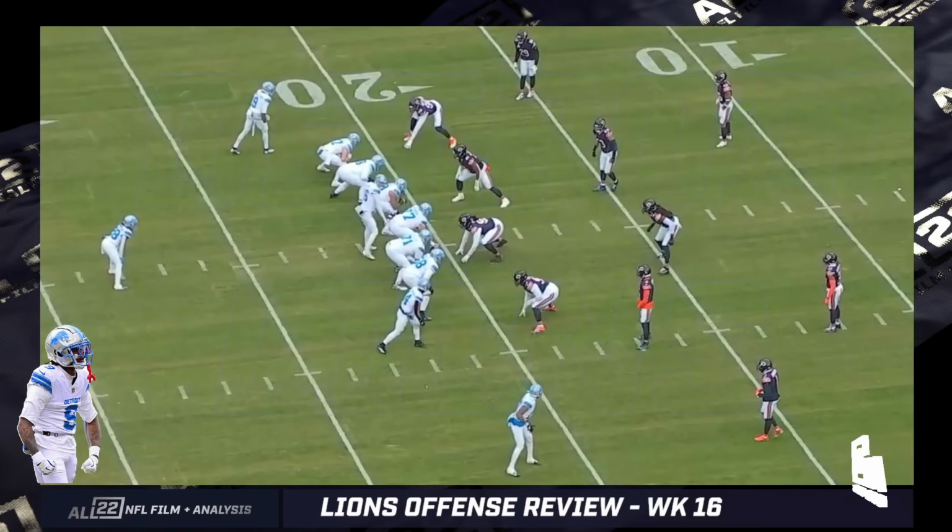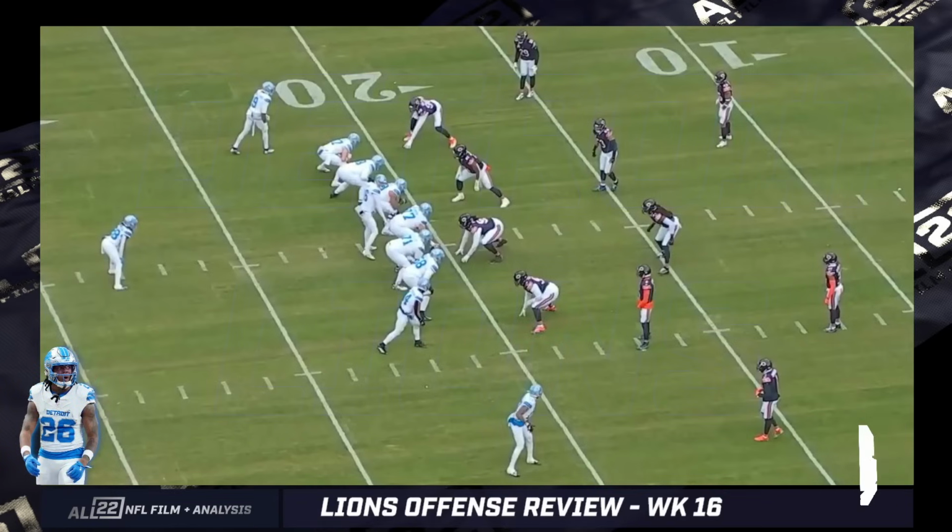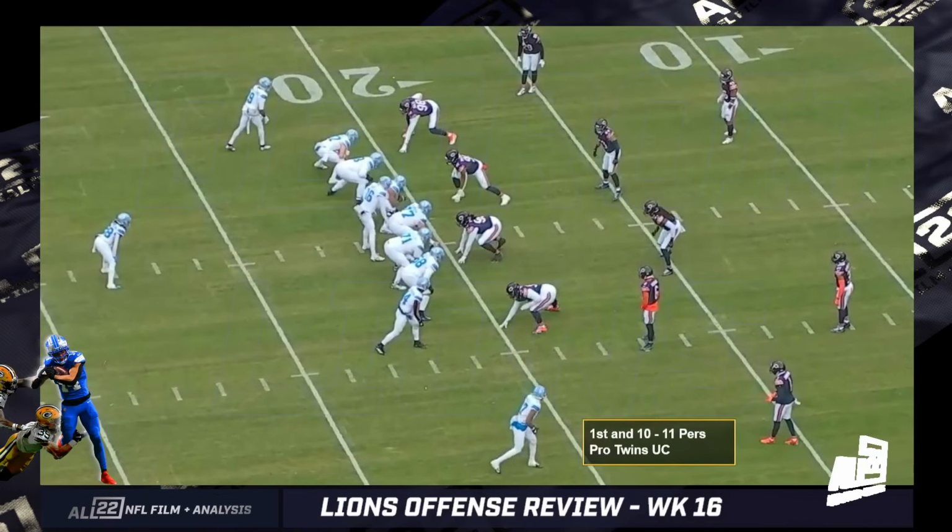And therefore, what can we use in a high-leverage situation? Because, and I know that probably sounds ridiculous, he probably doesn't do it that way. It's just a place my mind has gone trying to figure out the brilliance that is Ben Johnson's offense. Speaking of, this is a play that I covered in my Jameson Williams video